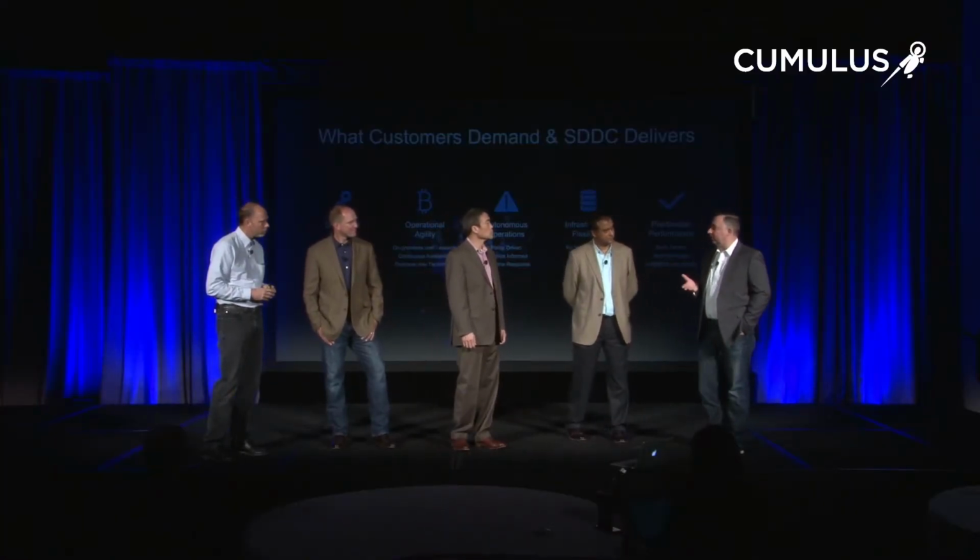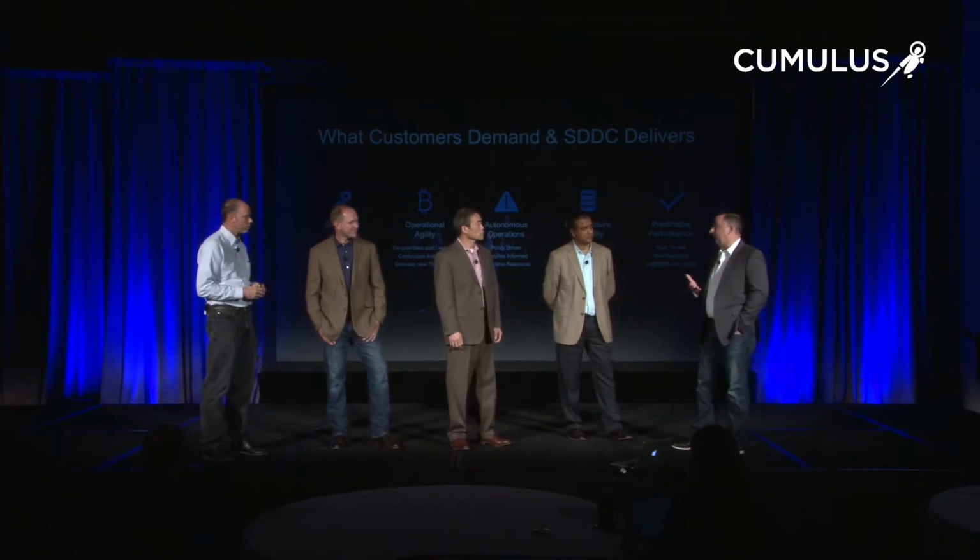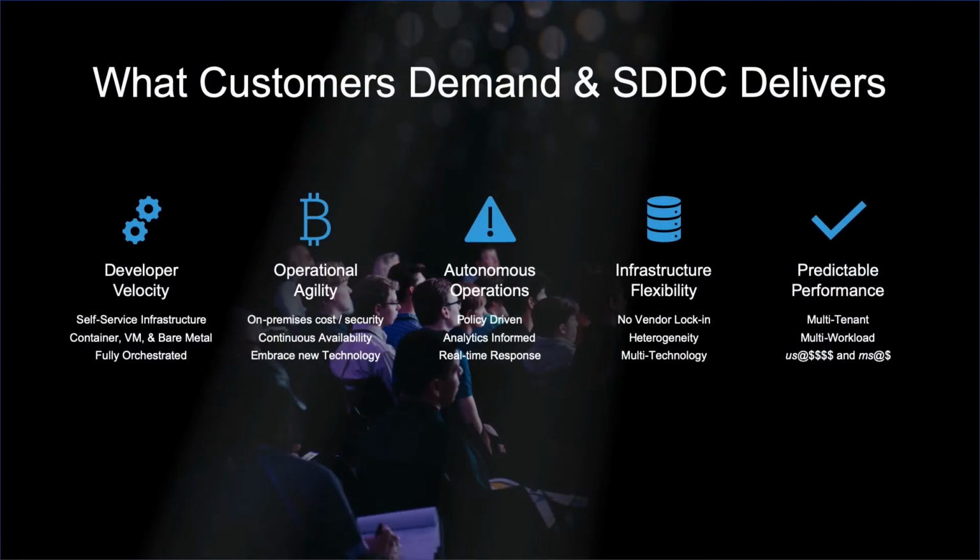Sure. I think a lot of the pursuits that we work with customers on are all net new, right? So we have a number of installs, obviously many with HPE, and we've got trillions of objects under management. But when you get into a customer and you're talking about a new platform, a lot of the decision criteria is around choice, flexibility, deployment model. What does the tech refresh look like? What does the manageability look like? What does that operating model look like? What is the technology? Because even the technology could be new, right? Yeah, absolutely. What are the underpinnings, what's the reliance on the underpinnings, and how does that all work together?